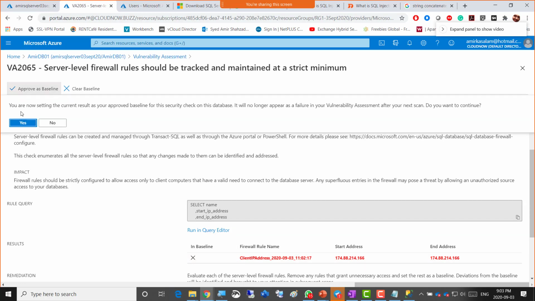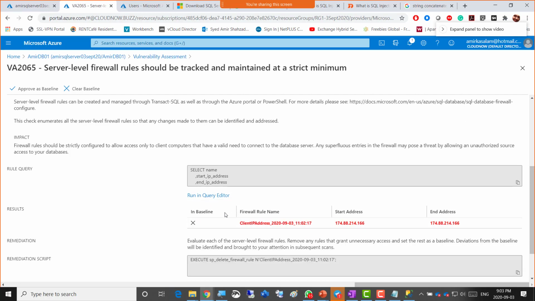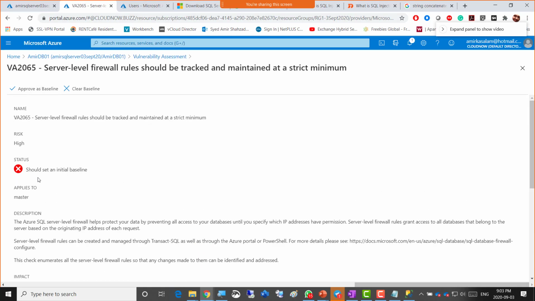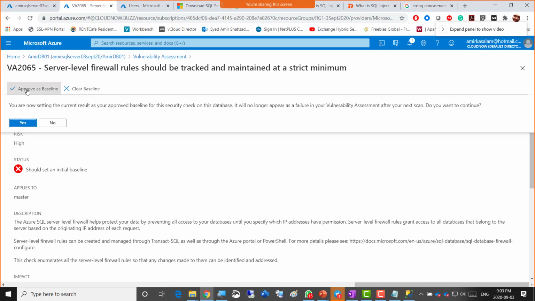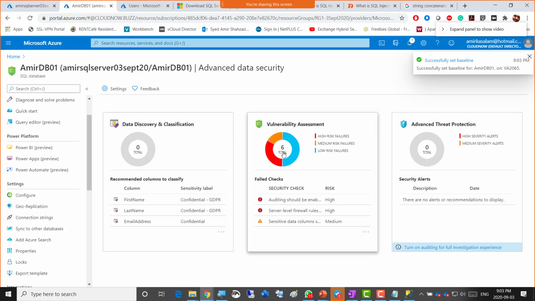Because you just switched off access for all the Azure apps to that database. So one of the demands was met, but one is not. There's also approve as baseline, which should set an initial baseline. So it says there, and I did that successfully. Okay, so if I go back here and run that scan again,